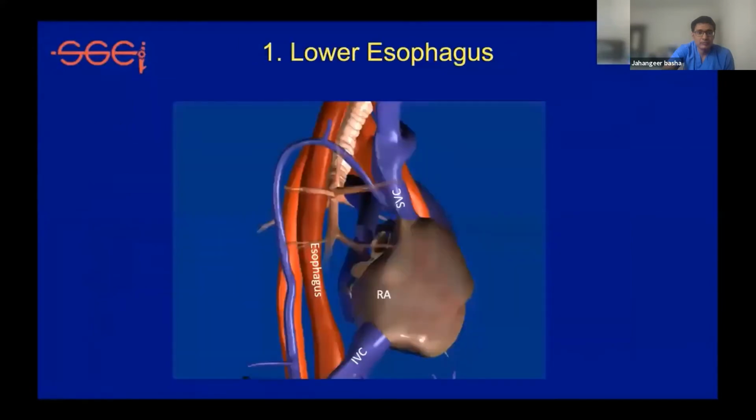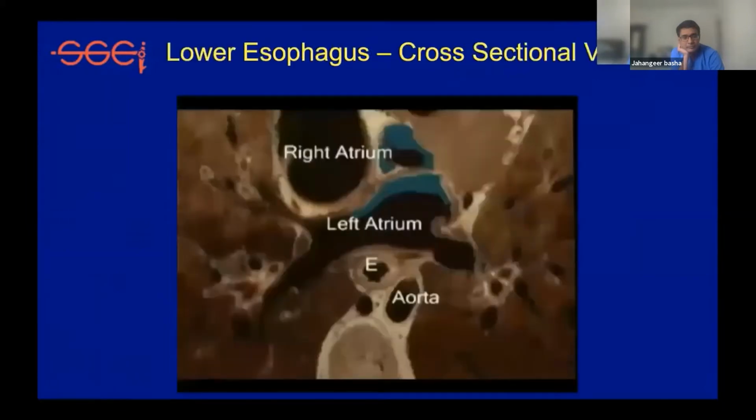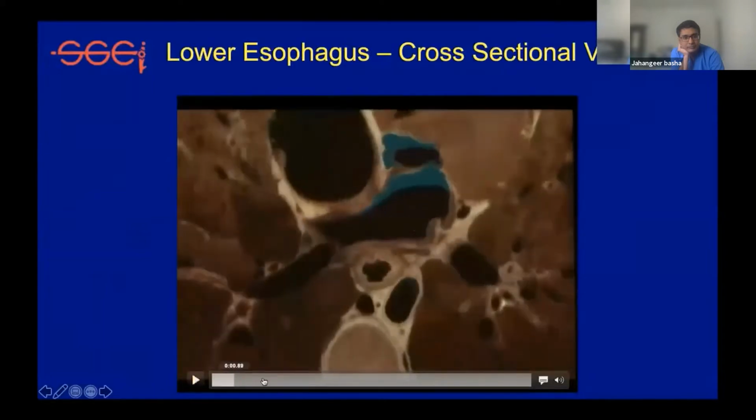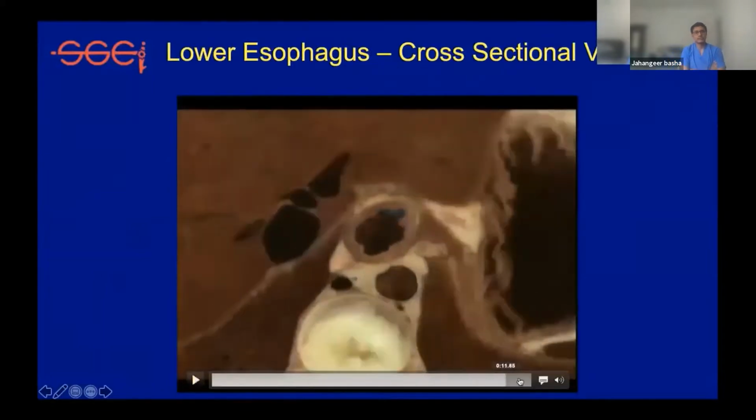The first station is the lower esophagus. From here, we can evaluate the IVC draining into the right atrium. Station 8 and 9 lymph node stations are close to this station. So this is a human model, like a linear